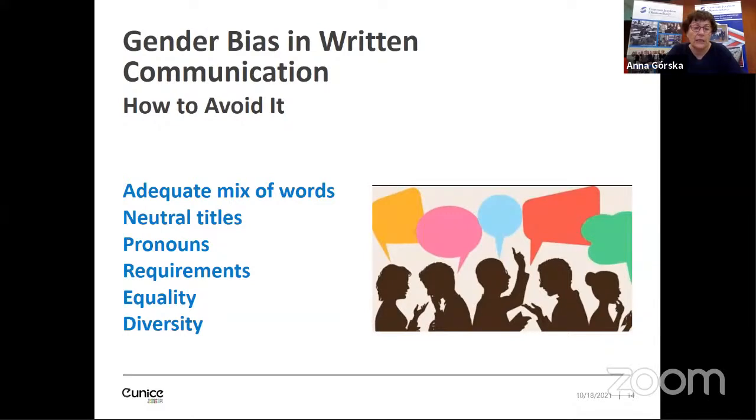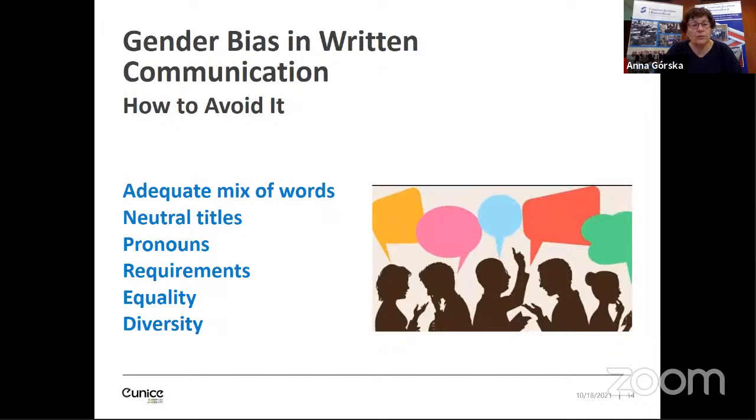So what is generally recommended is this: if you want to attract both men and women, then think about the must-have requirements, the most essential job requirements that should be placed in a job description. And then you will encourage more diversity, meaning both men and women. Okay, and obviously